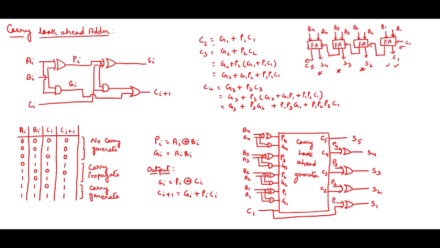You can see C2. C2 equals what? G1 plus P1 C1. Why? Because i equals 1. Here I have taken i equals 1 for the first case, so this is C2 equals G1 plus P1 C1. Then if I give i equals 2, it will be C3 obviously as per this equation. It will be C3 equals G2 plus P2 C2. And what is C2? I put this equation over here. So I am getting G2 plus P2 (G1 plus P1 C1), and expanding, G2 plus G1 P2 plus P1 P2 C1. So you can see when I am talking about C3, I am having C1.